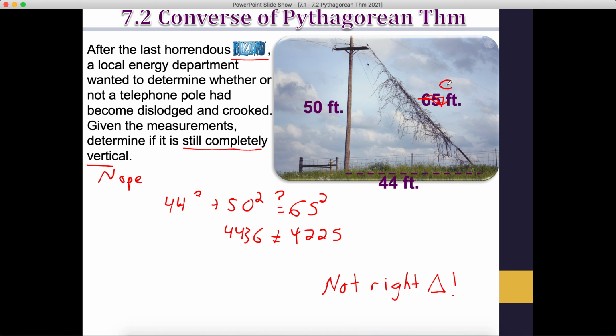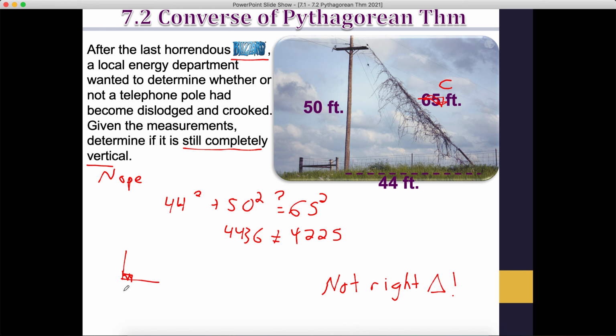Let's call it C. If C squared did come out to 4,436, then we would have a right triangle, right? Because A squared plus B squared would equal C squared. But C squared is not 4,436. It's less than that. So imagine C then to be not quite a hypotenuse, but a little bit less than a hypotenuse. If I have this third side being smaller than a hypotenuse, then imagine taking a right triangle, and